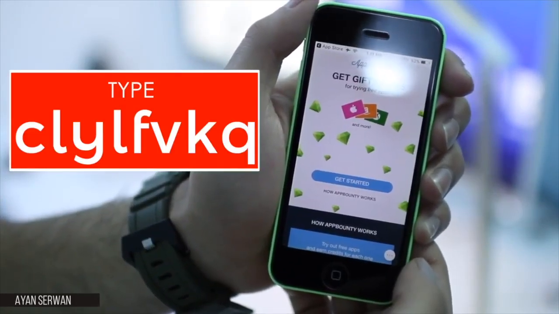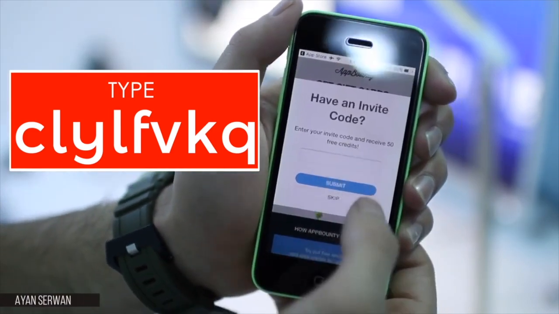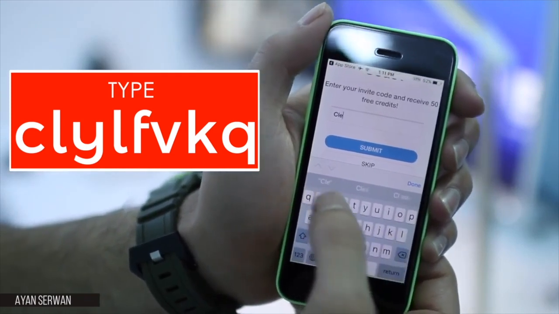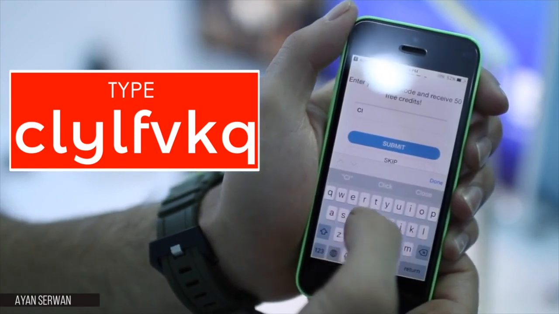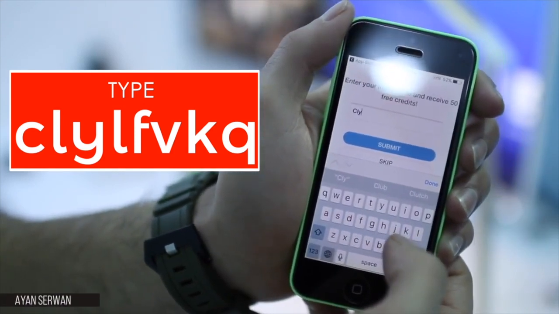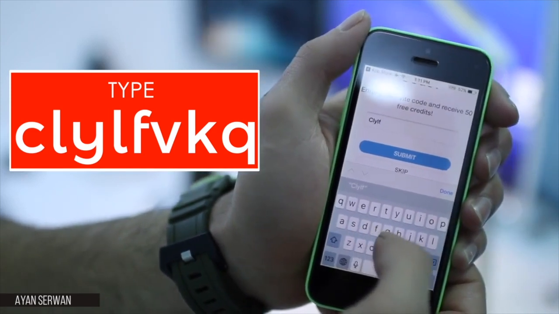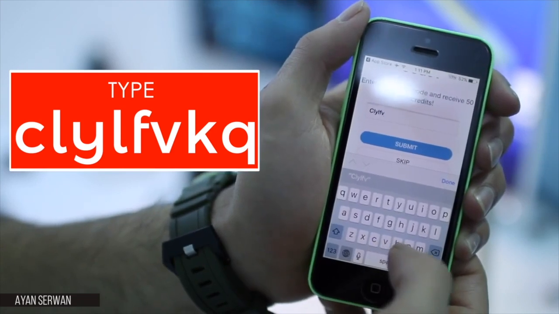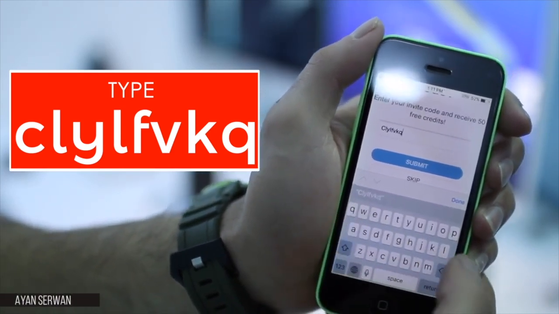So I just fast forwarded it, and I basically typed in appbounty.net, and once you're there, just press on register and type in this invitation code. It will help me out, and it will also help you out. It will give me some credits, and it will give you some credits as well. So make sure you type in CLYLFVKQ to get free 15 credits, which is going to be helpful with this tutorial,